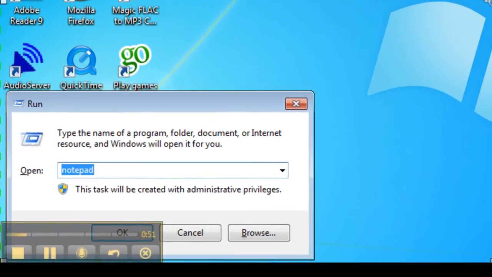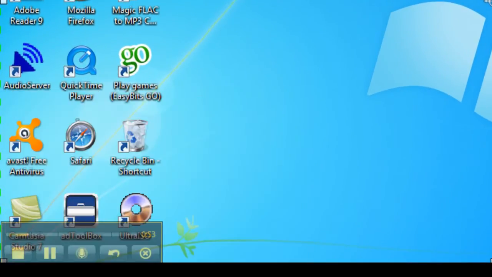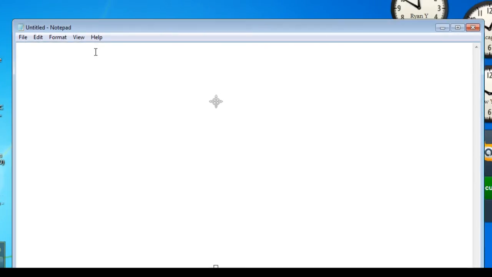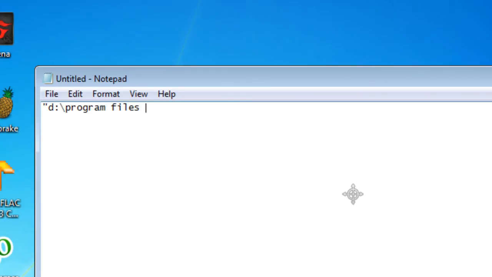simultaneously to open the Run command, and we're going to choose Notepad. And in Notepad, we are going to type the exact location of where your Camtasia Studio is. In my case, it's the program files. If you're running 64-bit systems, you put (x86). If not, which like me, you don't need it, I'm going to go to TechSmith / Camtasia Studio 7 / CamRecorder.exe and a quotation mark, and we're going to choose